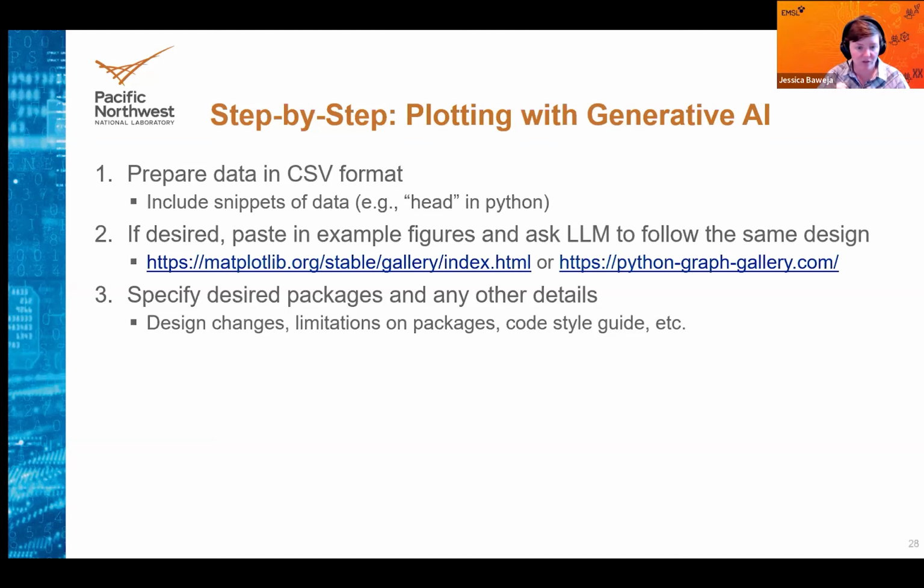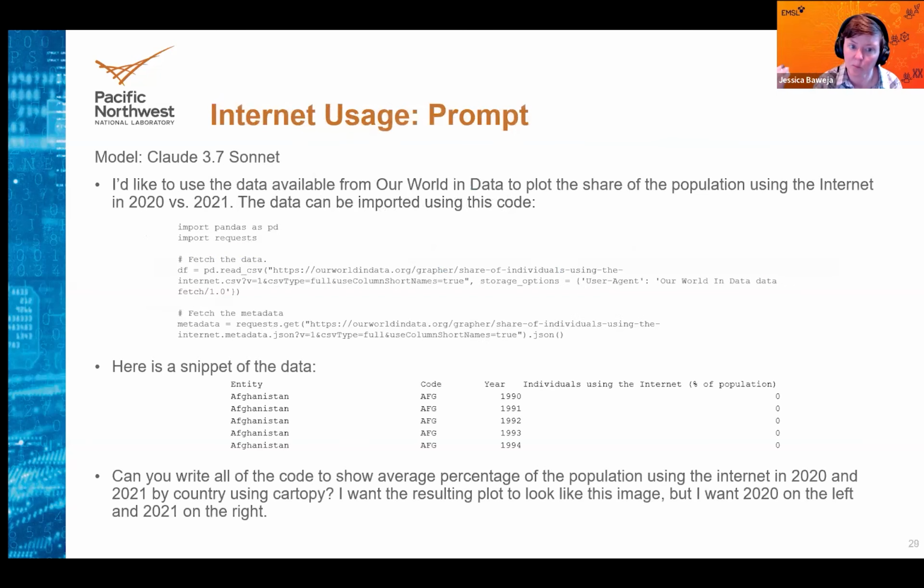So think about if you have a design change that you want to the picture. I see my example figure made the water white. I want the water to be blue, whatever. You can obviously specify particular packages. You can also do things like specify code style guidance, right? So if you have a style guide that you want it to use. And so putting some of the good practices that I have already talked about into place. Here is what a prompt might look like